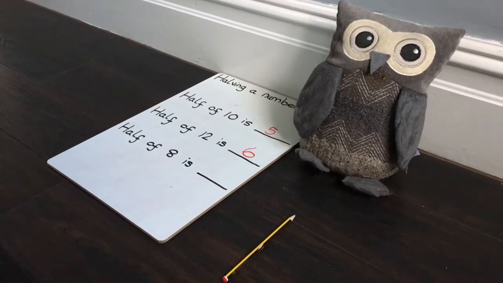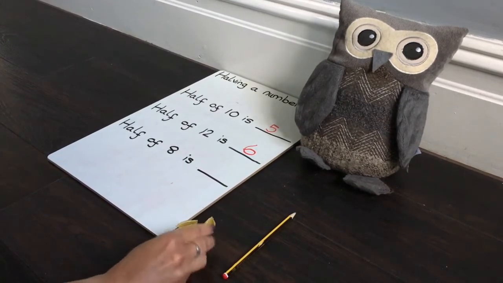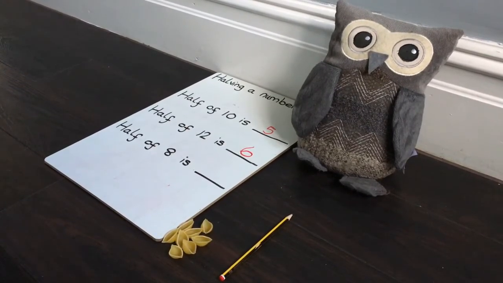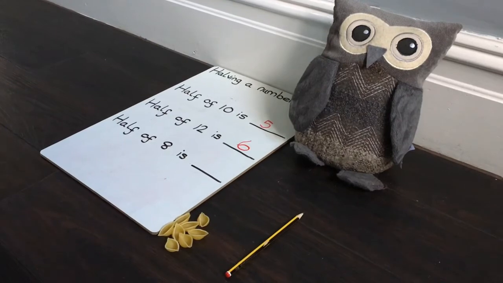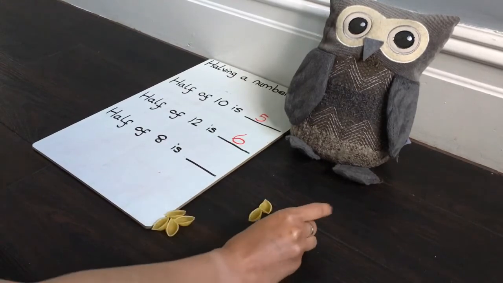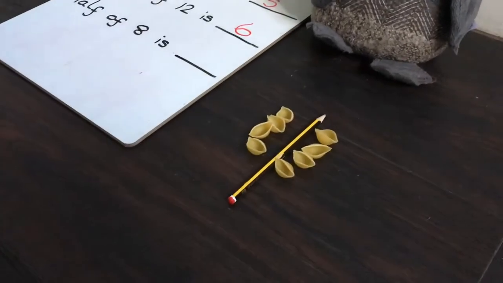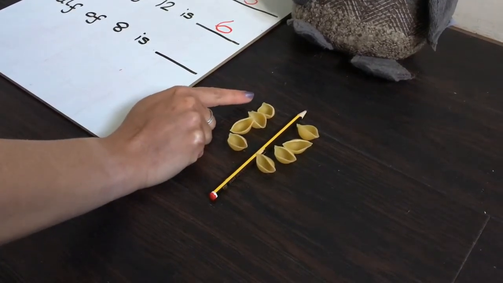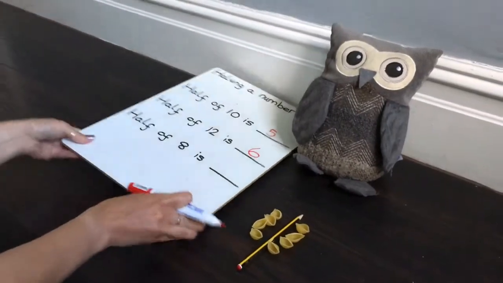So this time we're going to do half of 8. Let's count out 8. 1, 2, 3, 4, 5, 6, 7 and 8. As you can see, I'm using everyday items that you will also have in your house. Pencil is already ready. 1 side, 2 sides, and let's share out the pasta equally. 1 for you, 1 for this side, and we'll keep going 1 on each side until all the pasta has been shared. Okay, again, in a nice straight line, and let's double check that they both have the same amount because they do need to be equal when we are halving. 1, 2, 3, 4. 1, 2, 3, 4. So half of 8 is